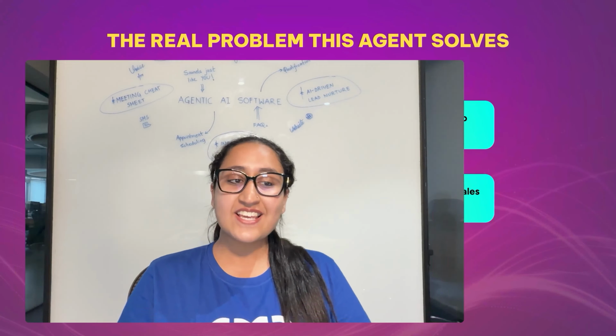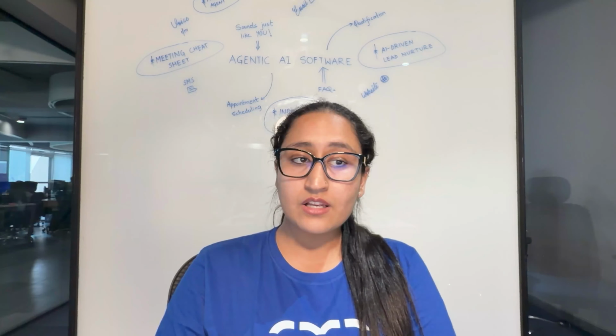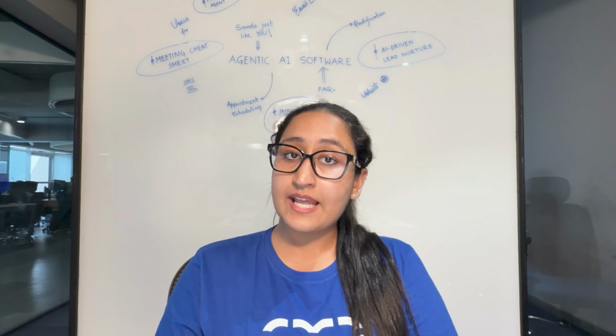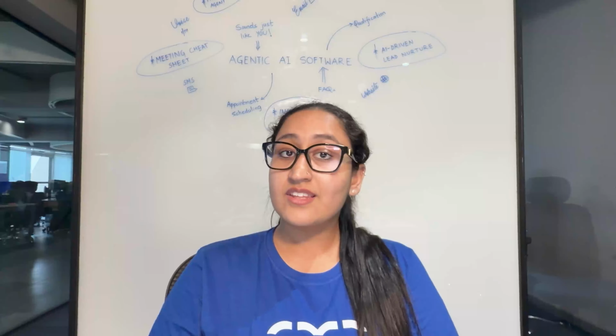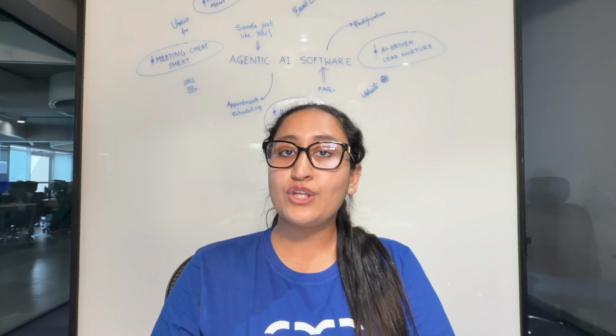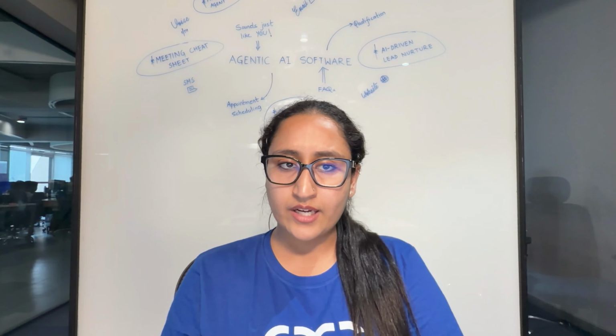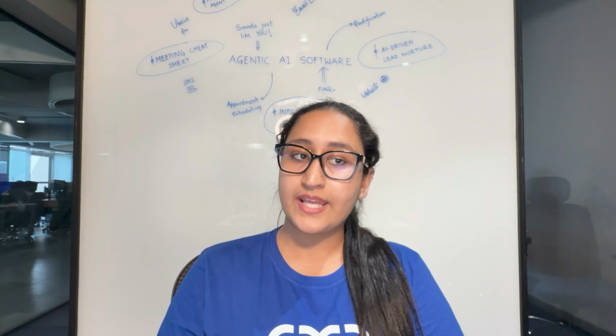Here's what I love about this. Alex isn't just a script that reads pre-written objections at you. The AI actually adapts. It can tell if you are a seasoned rep who knows what they are doing, or if you are someone who's still finding their feet. And it responds to you accordingly, naturally, in the flow of the call. And this is the part that's really powerful. You can train this agent on your exact ICP, your exact industry, your exact objections. So your reps aren't just practicing cold calling in the abstract, they are practicing the specific call they are going to make tomorrow.